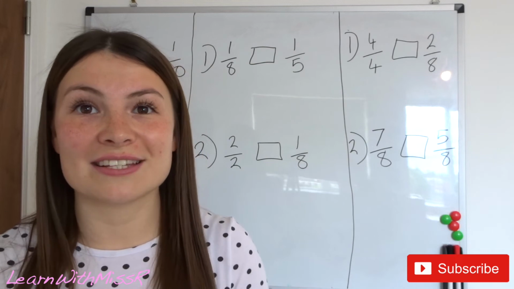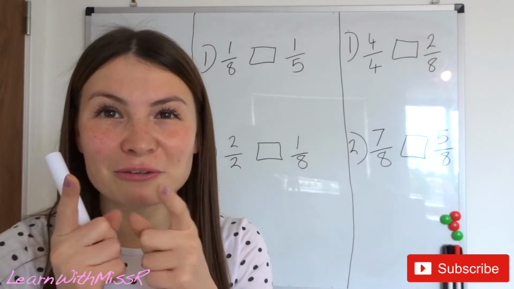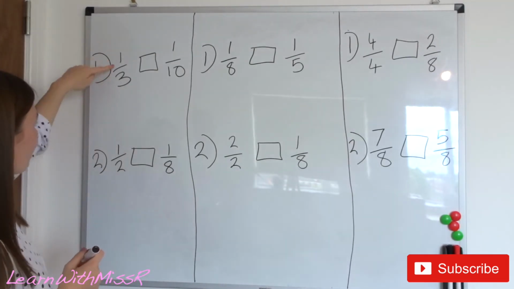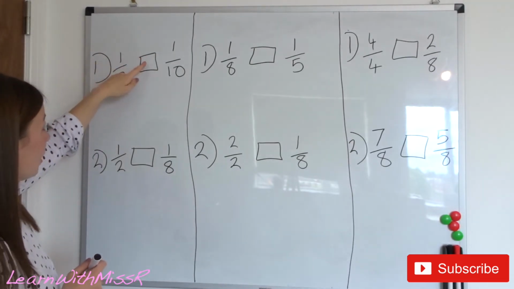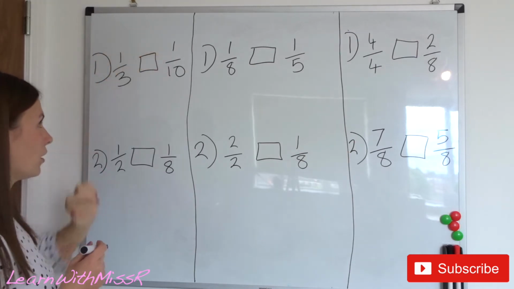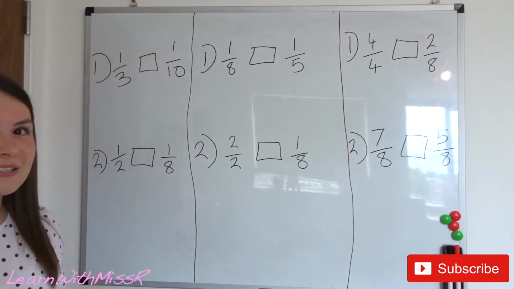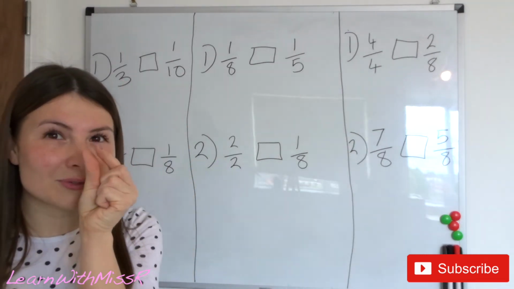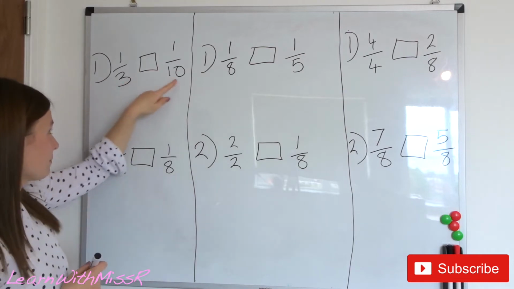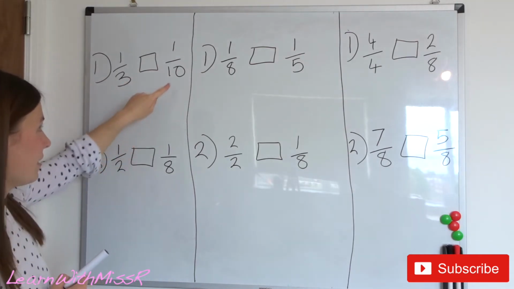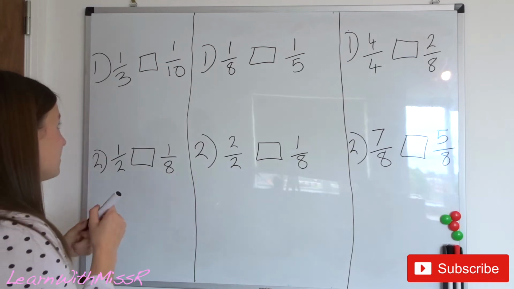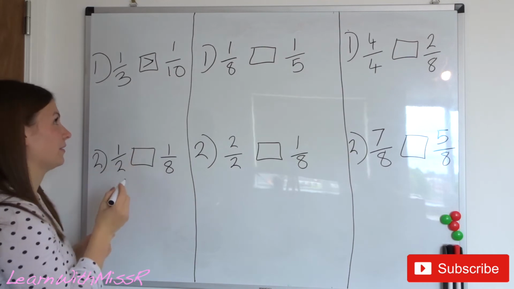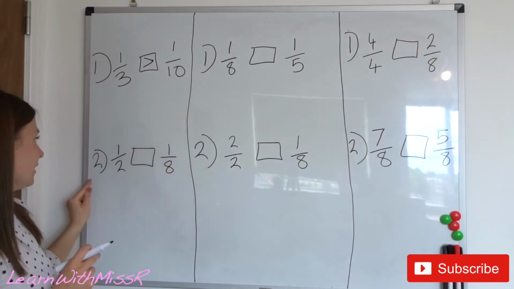Cool, let's have a look through these then. Did you remember the rule? Have you been tricked? Hopefully not. Okay, so we've got 1/3. Is it bigger or smaller or even the same as 1/10? Now the rule is the bigger the denominator, the smaller the fraction. So which one's got the bigger denominator? This one. So that must mean that that is the smallest fraction. There we go. Because if we drew a 1/10,